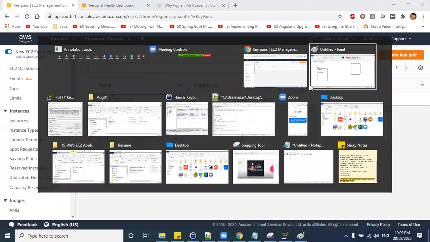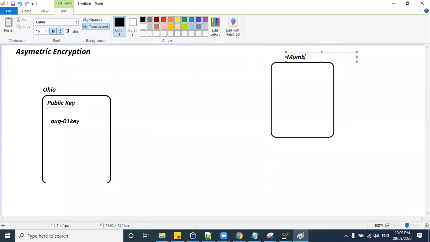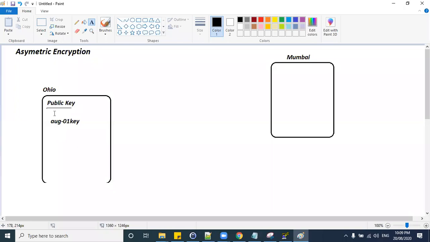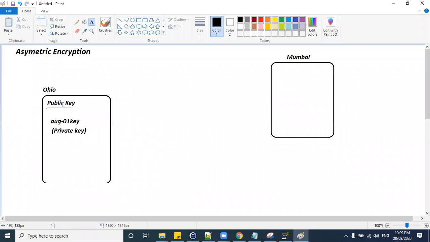So if you see this diagram here, this is our Ohio region. Similarly, this is Mumbai region. Now we have a public key here and a private key. This is your private key, right? And the public key is already stored inside this Ohio region.